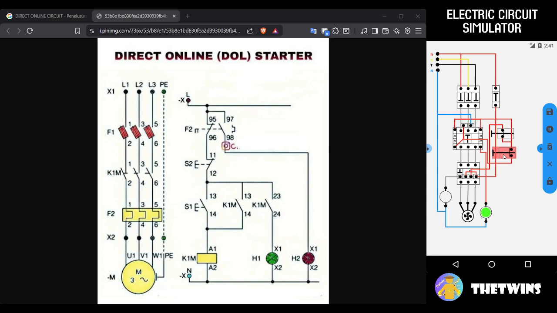We turn off the push button S1 or NO again. As you can see, the contactor is still on and the lamp is still on because of the latching function from 14 on here.